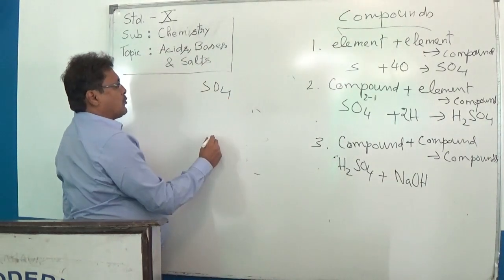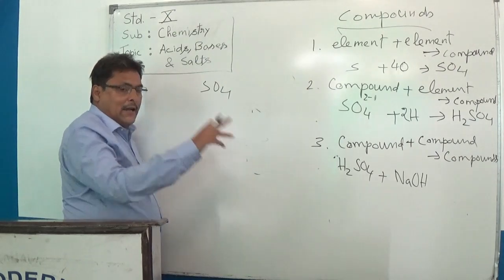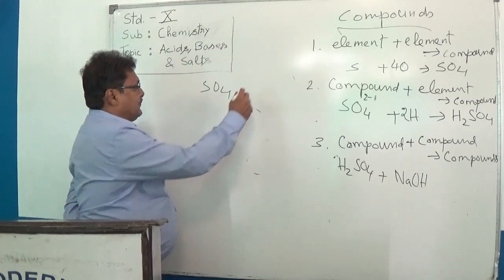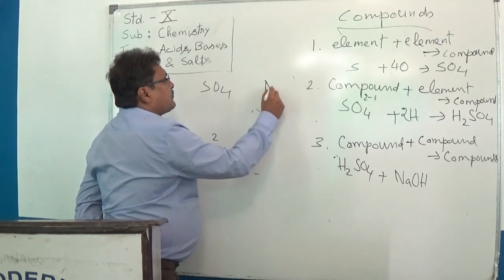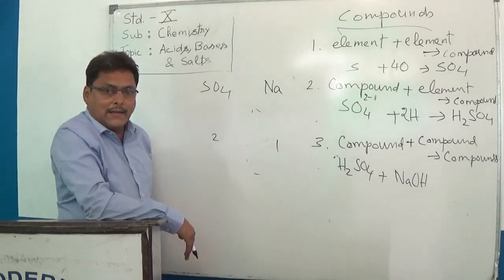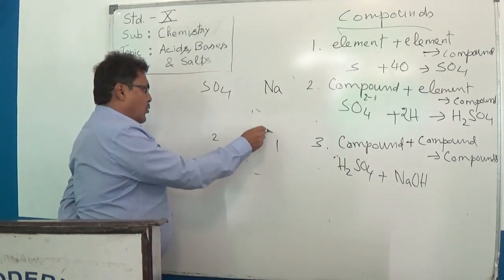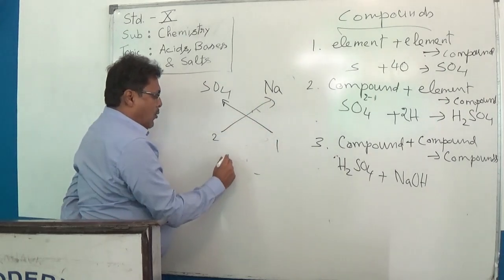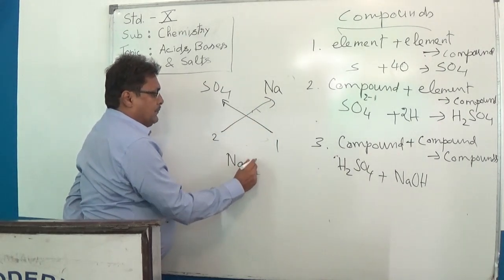What happens in case of SO4? Separated, it again has 2 ions, 2 valences, and sodium will have 1 valence. They combine by crossing over, so now it becomes